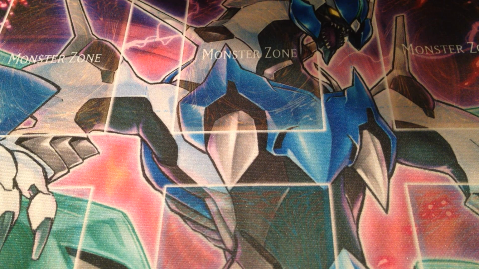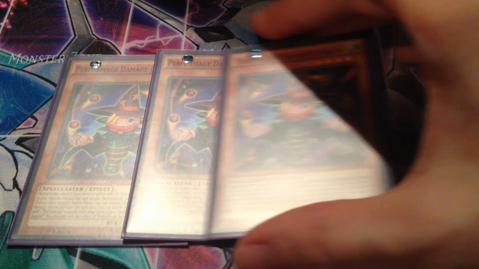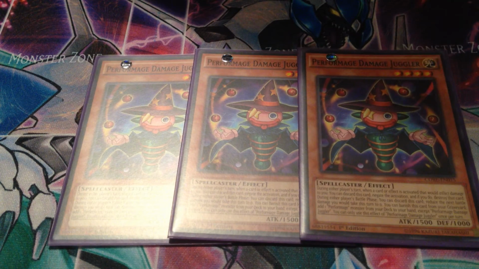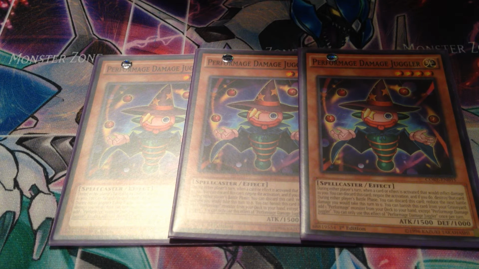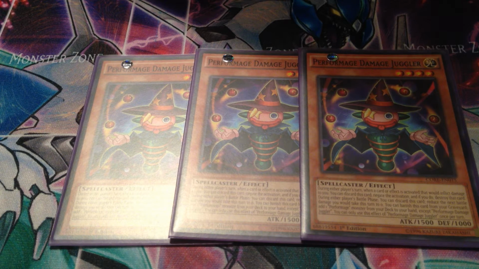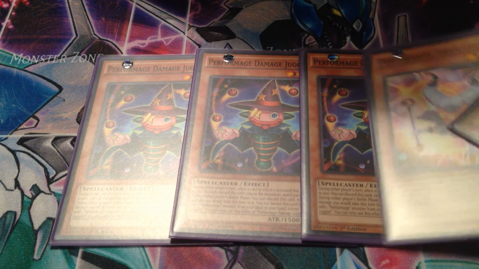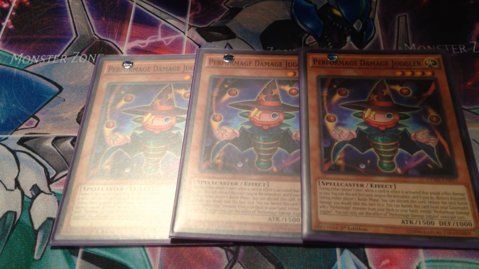play 2 of those. For the rest of the Perform Mage stuff, we play 3 copies of Perform Mage Damage Juggler. If you would take battle or effect damage, you can discard it to negate the damage. That's actually really cool. And then you can banish it from graveyard to add a Perform Mage monster from your deck to your hand. So you can search Trick Clown, or you can search our other...